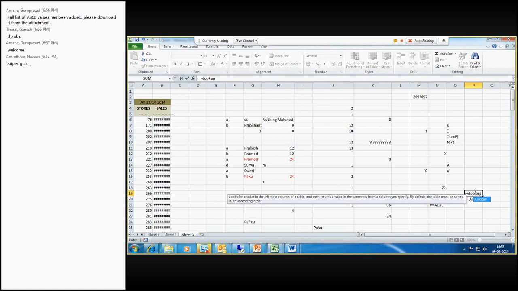So let's see, if I want the score corresponding to Prakash, how can I do that? VLOOKUP. You need to check for the lookup value. I need the value corresponding to Prakash, so that is why I'm clicking there. Give a comma. Then you need to specify the range where the value is present, like here, in this particular row it is present. Comma. You want the score, right? The score will be available in which column? This is the first column and this is the second column. So you will give